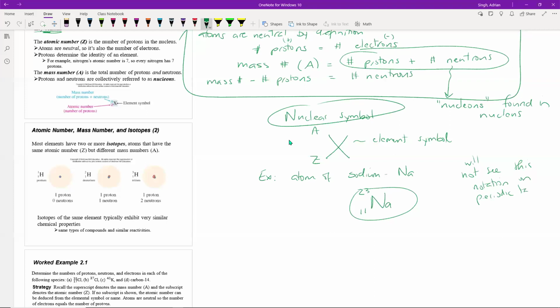It's going to look slightly different, okay? But this particular arrangement here is known as the nuclear or the atomic symbol, and that looks slightly different than what you actually see in the entries on your periodic table. So for sodium, we can look at the A and the Z and figure out some numbers. So Z here, okay, that's your atomic number,